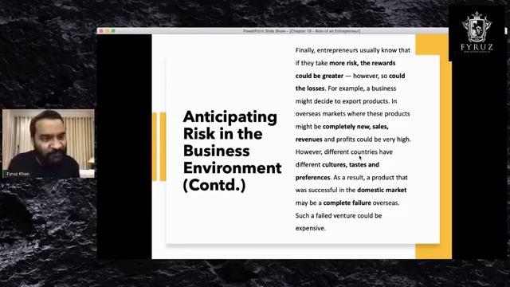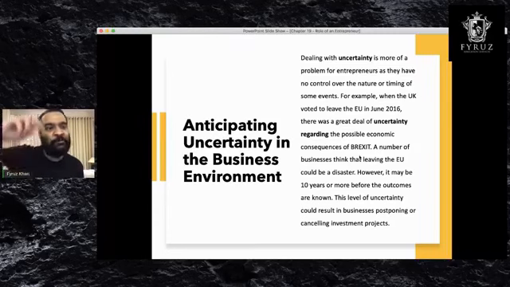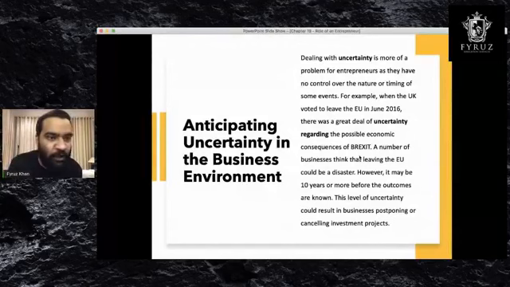So you have to take this kind of risk, anticipating risk, and anticipating uncertainty in the business. There may be Brexit. You've heard of Brexit, right? Britain has come out of the EU. That means now if England wants to do business with Europe, there'll be a lot of laws and regulations because now they're not a part of the EU. So there'll be uncertainty. If you're in England and doing business with France, there'll be more legal procedure involved because now England is not a part of the EU.